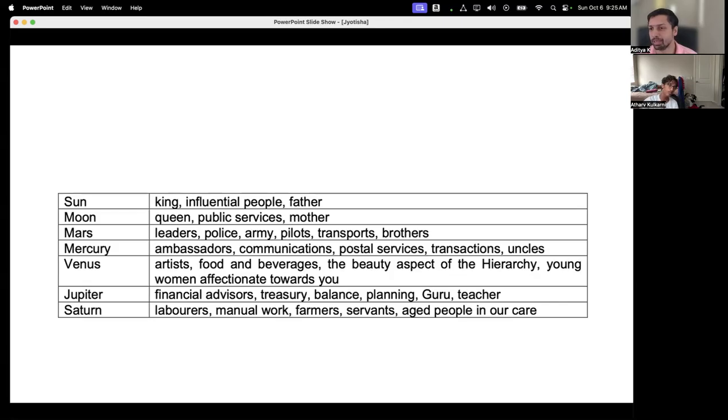A very, very well placed Shani will give billions. Jupiter, Guru, Shukra, all of these will give comfort, but they will not make you a billionaire. So that is why Shani is important. Shani will also give misery. And if you are disciplined in life, if you have been disciplined in your previous lives, Shani will also make you a billionaire. And billionaire not in terms of only money.